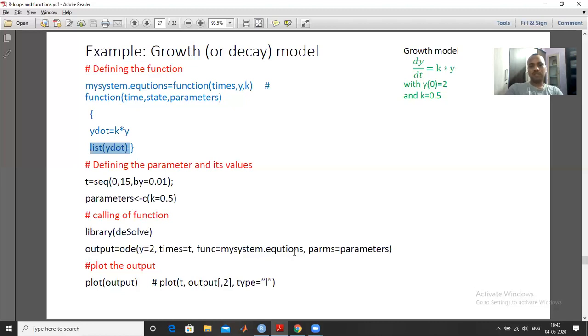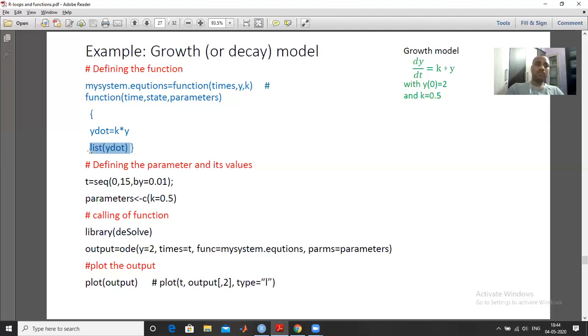Actually, this function requires a list. A list is a data type in R which clubs different types of data in a single variable. Suppose there is only a single variable y dot. If there are more than one variable, then we can club them. A list can be treated as returning like a column or matrix type.